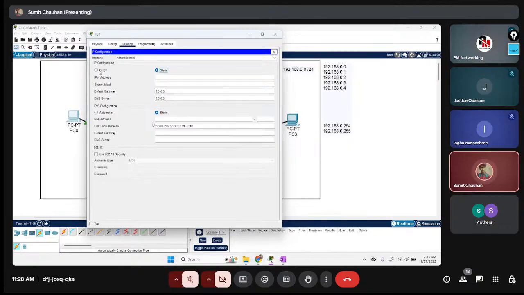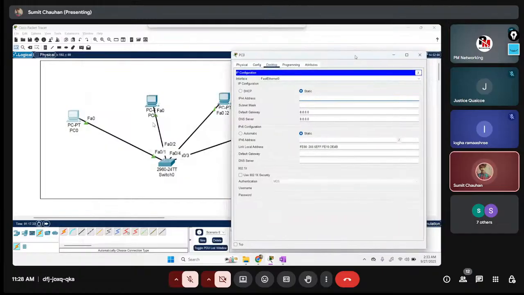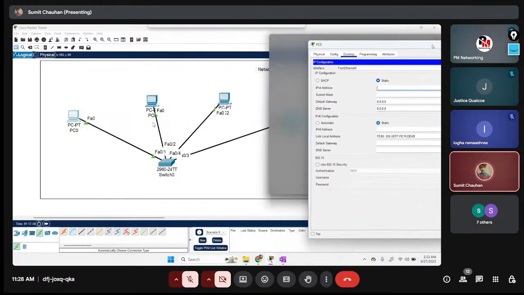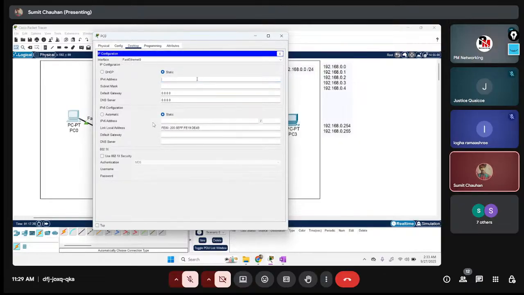We will not be using DHCP right now, but definitely in a future session, and in any company you will be using DHCP. But not right now. Okay, static IP address. We'll be manually assigning IP addresses. Let's suppose you are Sumit and you are a network admin. The network admin of your company will be assigning IP addresses to these computers. I go on PCA, I'll assign IP address